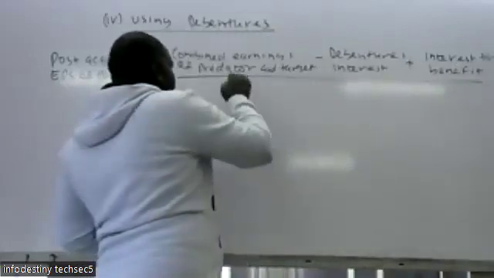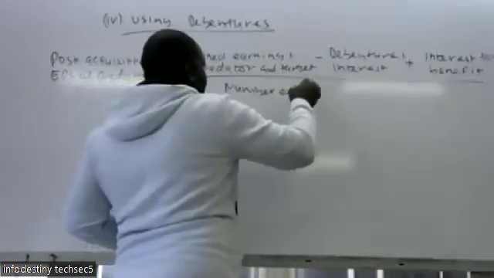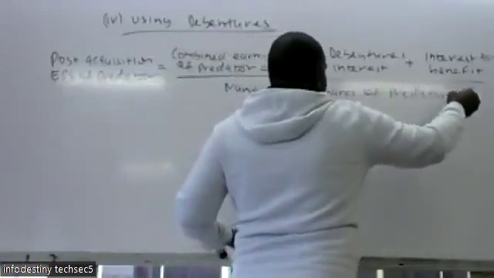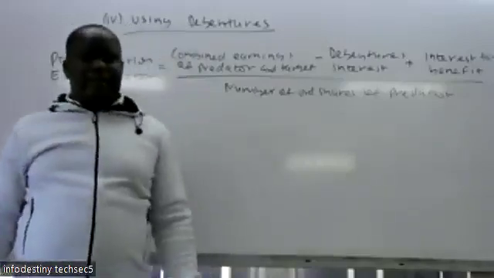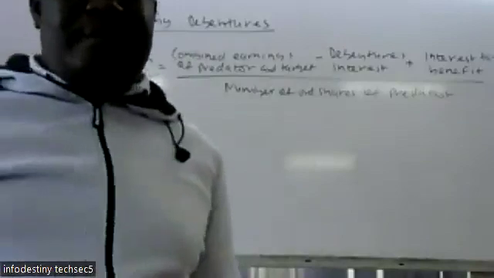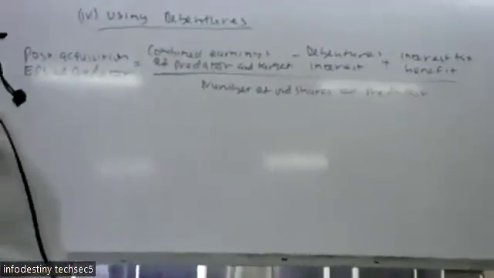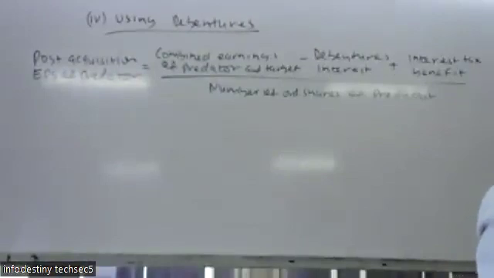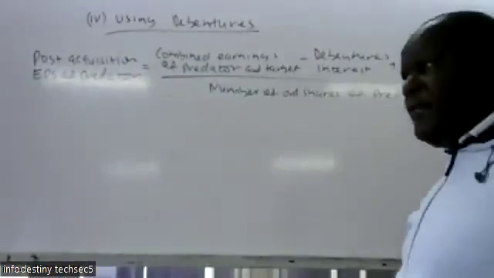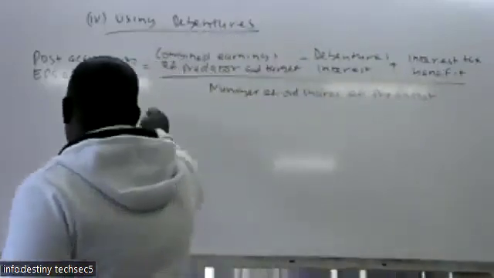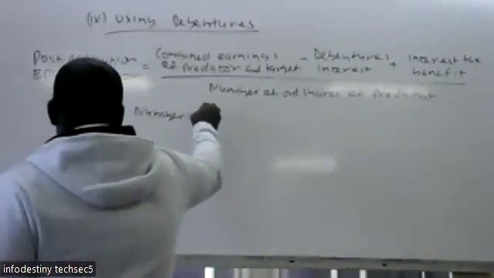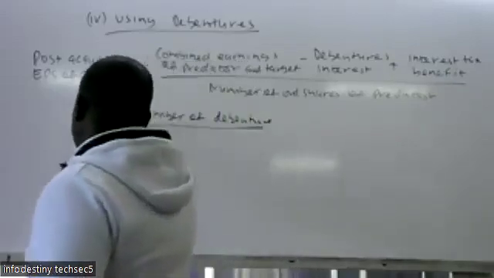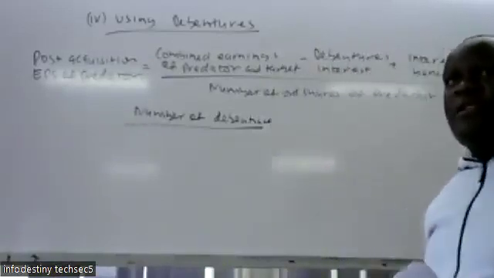you divide by the number of the ordinary shares of the predator. So you need to come up with the number of the debentures. To get the number of the debentures,